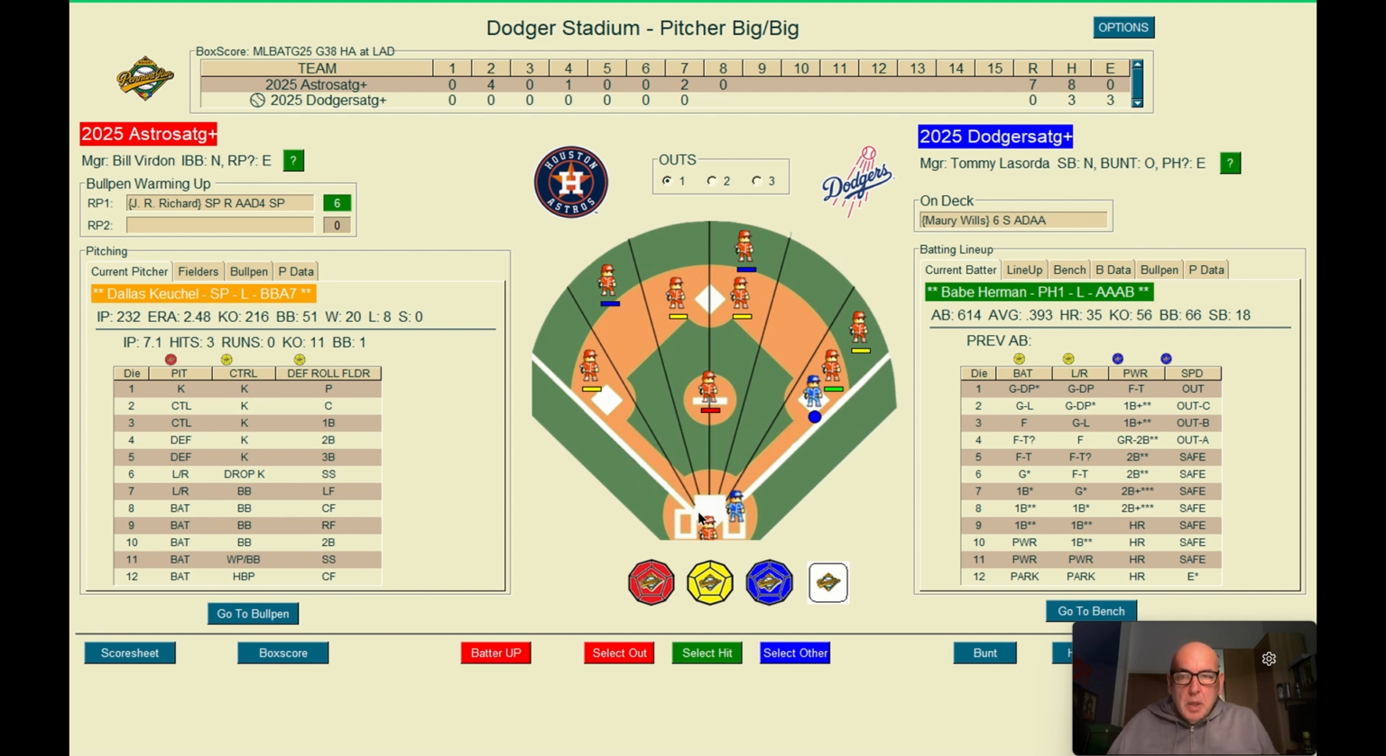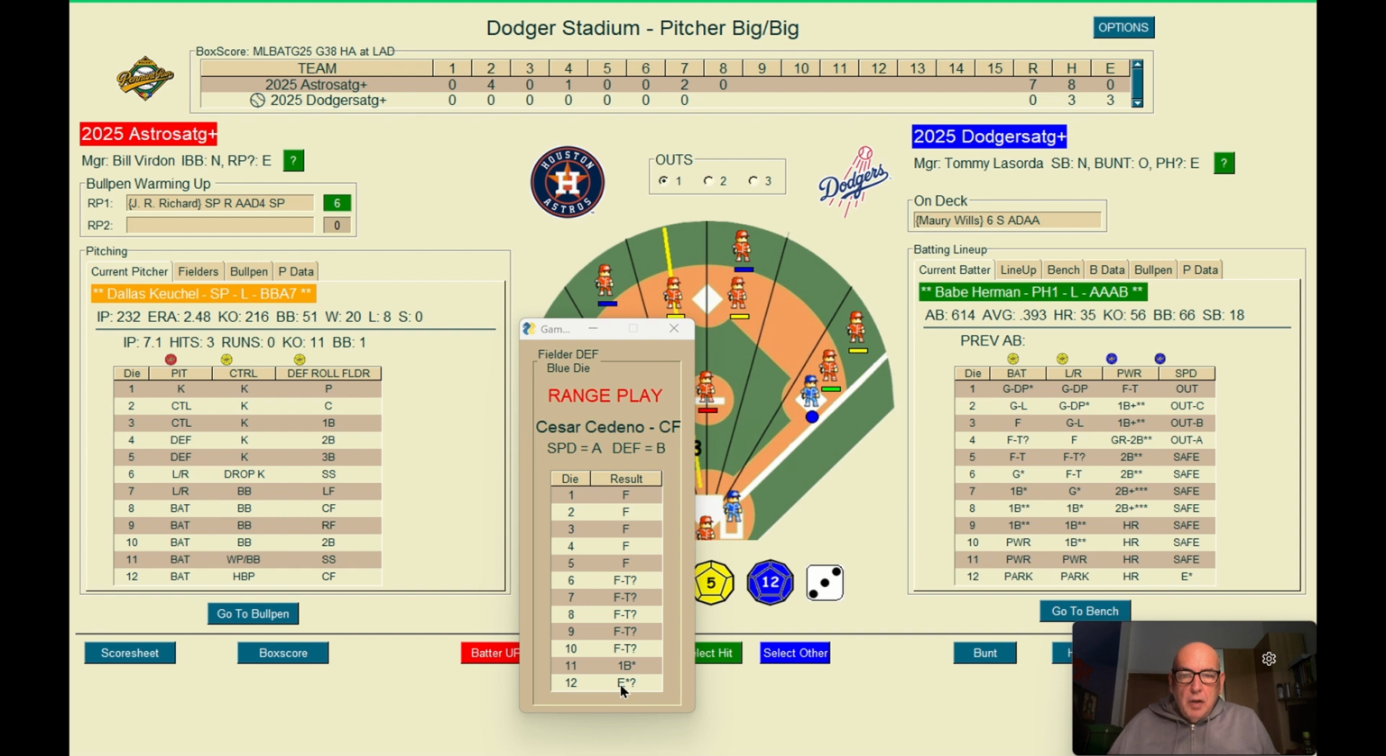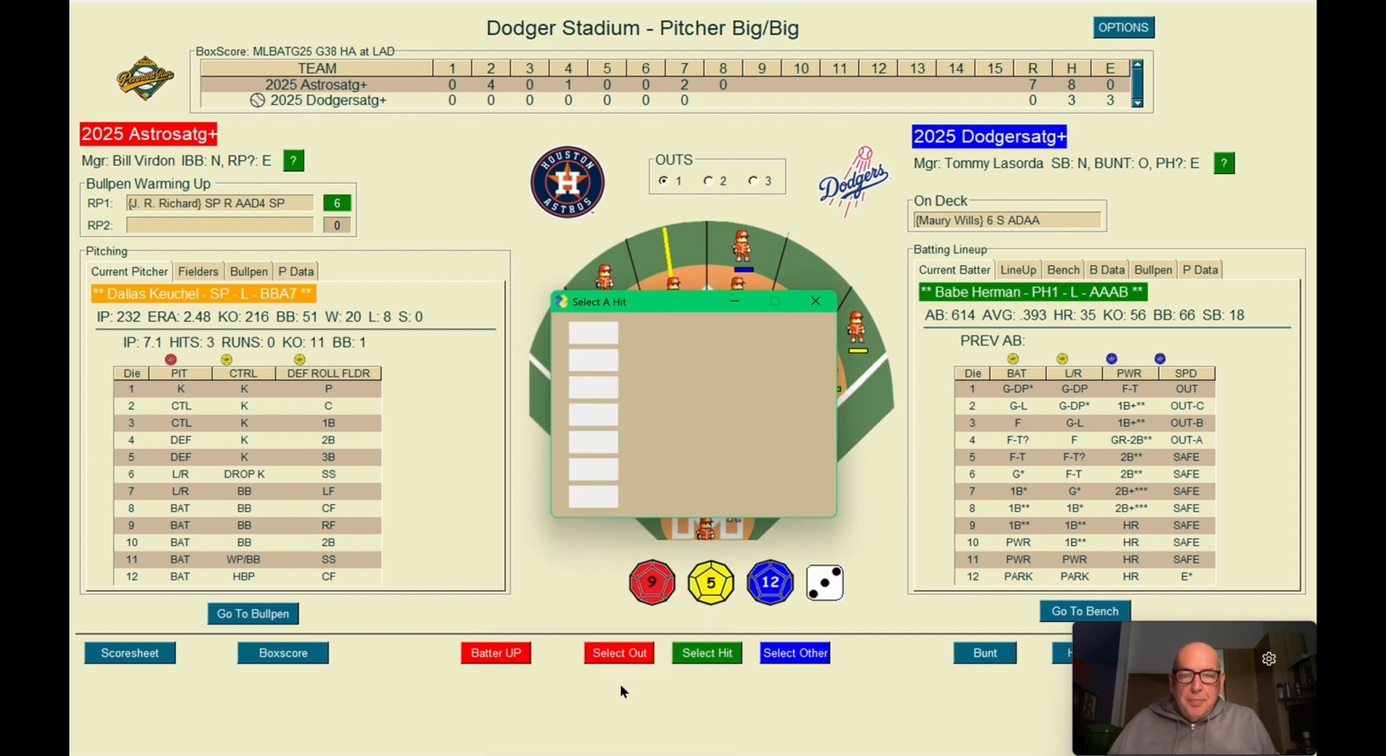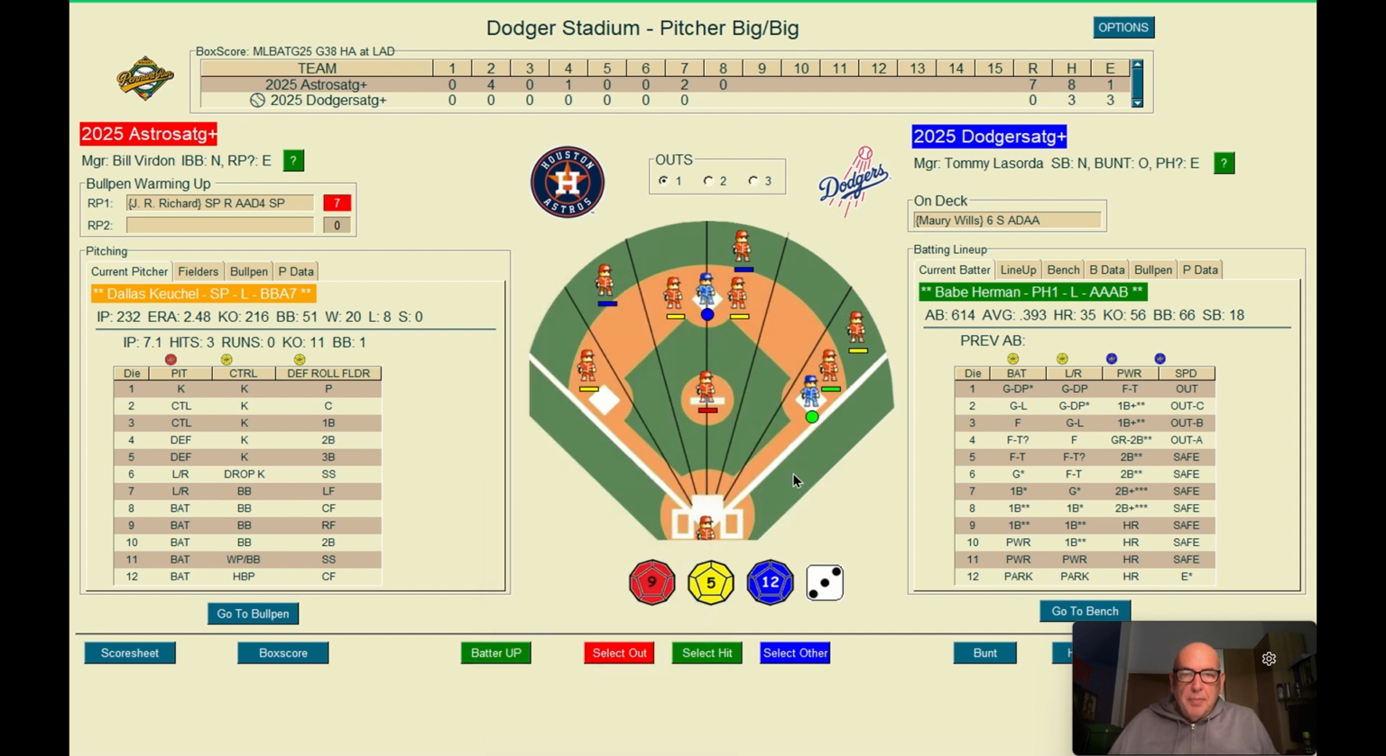Okay, Kutchel to Herman, 12, possible error. It is an error. Men on first and second now. Richard's overwarmed now. You're watching me make several mistakes during this game, which is good, because it will stop you